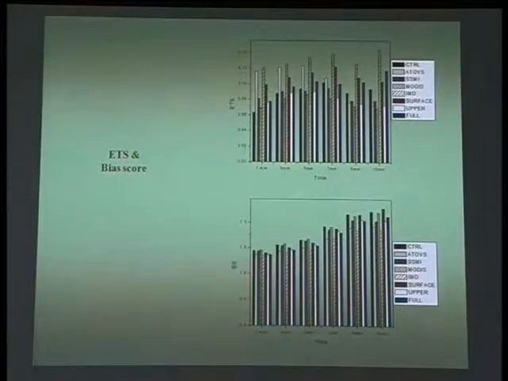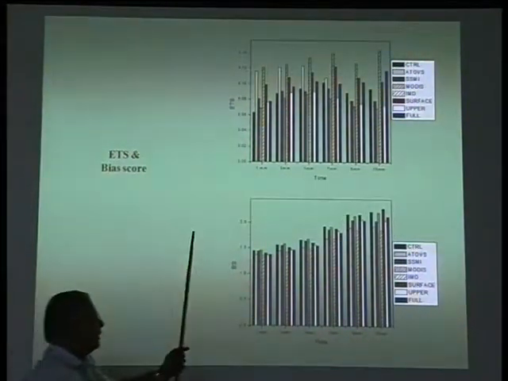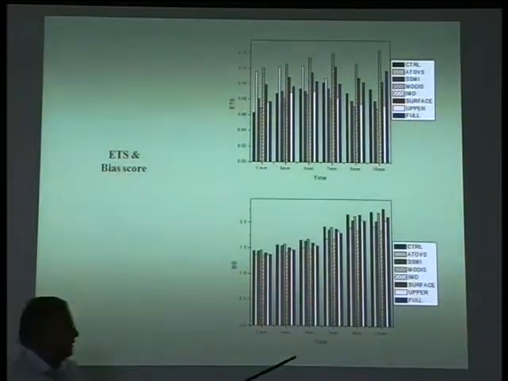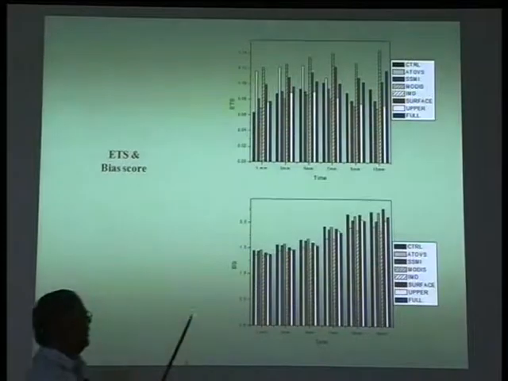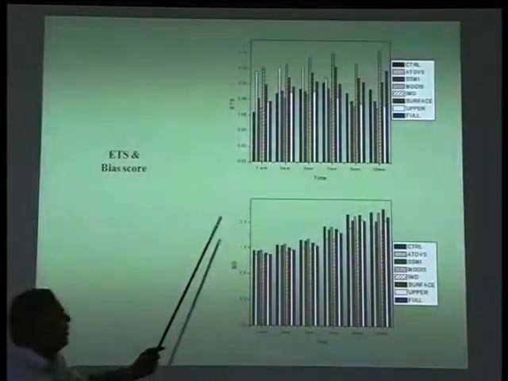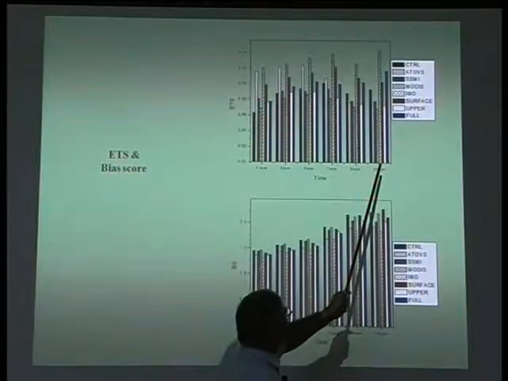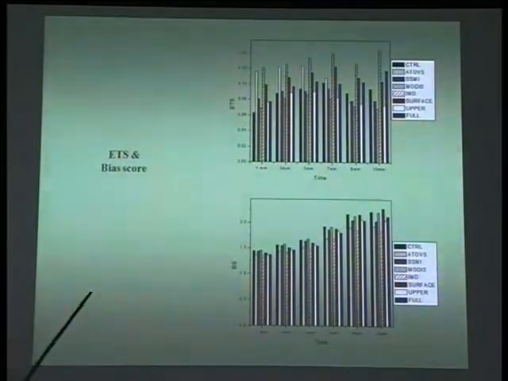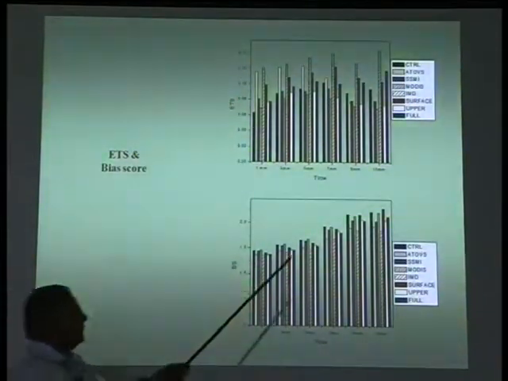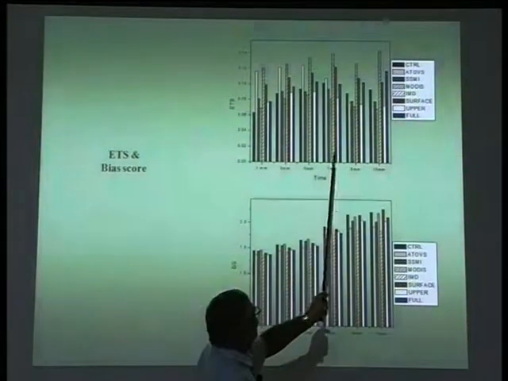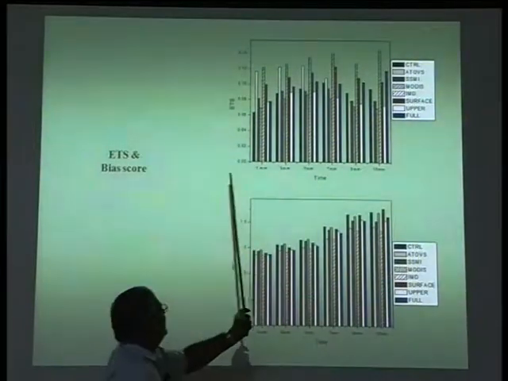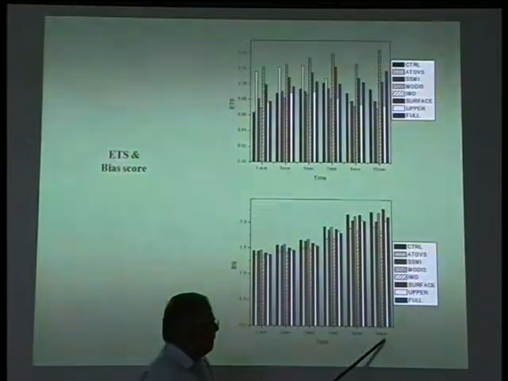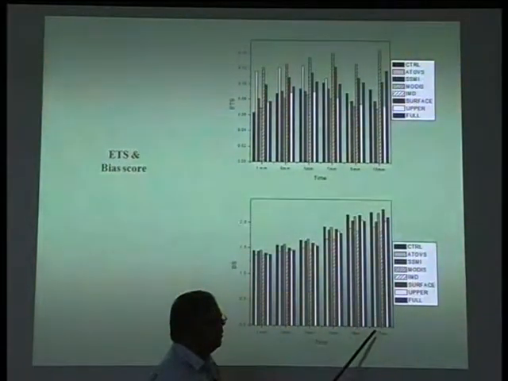Then we have shown the equitable threat score and the bias score for different threshold levels and for all these 8 experiments. Now, if you look at the equitable threat score, again, IMD and the full experiment where all observations, both conventional and non-conventional observations are being assimilated, seems to give the best possible impact, and that shows up at all times. If you look at the bias, again, the full experiment and also to some extent